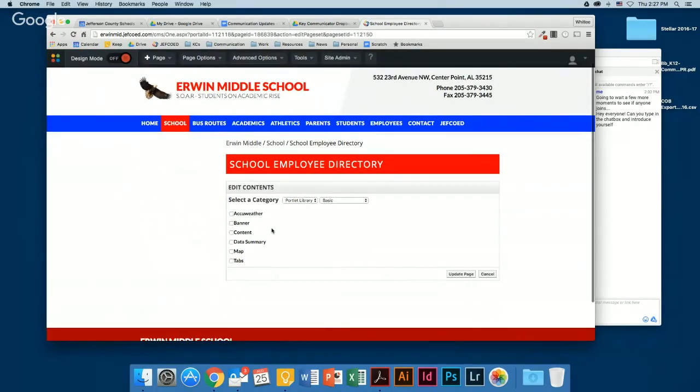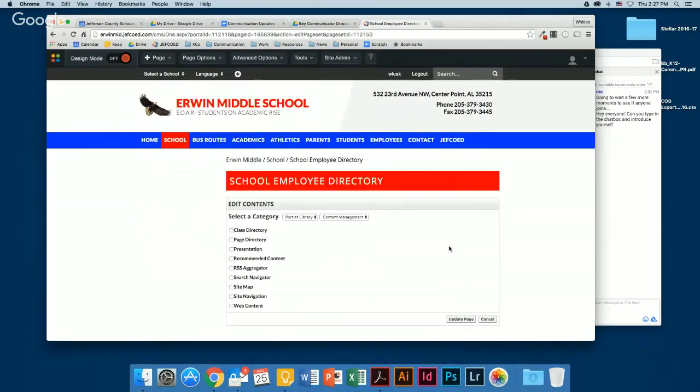And then you are going to be displaying content, and it is, I believe, content management. So you click content and then content management here. It's kind of confusing. Then you click site navigation and then hit update page.